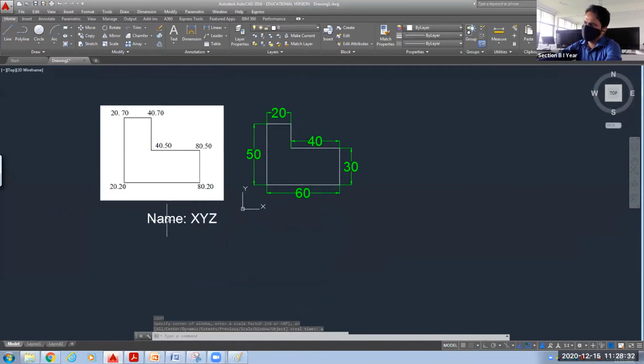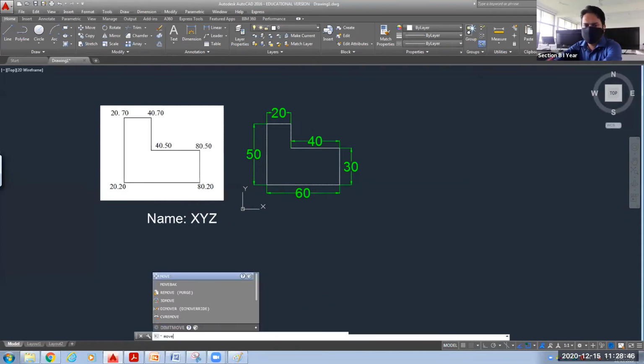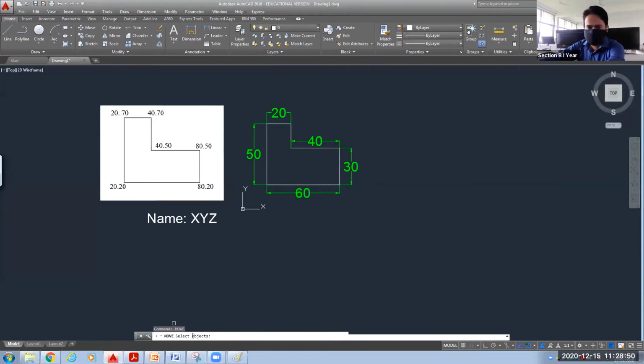Now I want to bring this just below this drawing. So what I will do, one more command is coming into the picture, that is move command, M-O-V-E. So I will write here M-O-V-E, move command. You can see in the command line, press enter. It is asking to select the object, which object I want to move. I have selected this object.